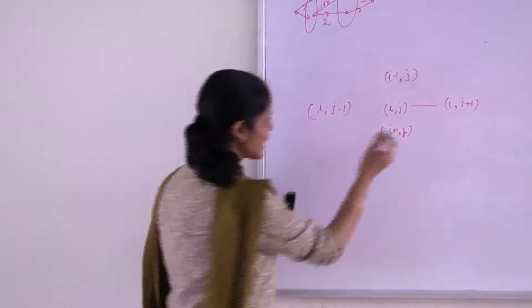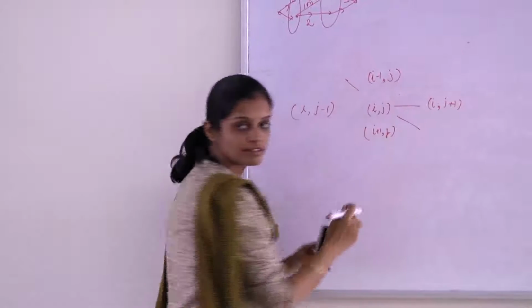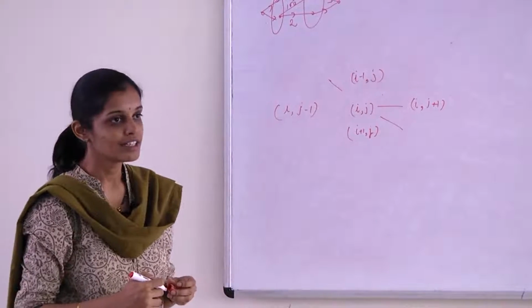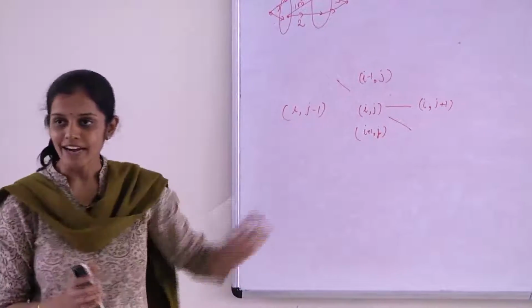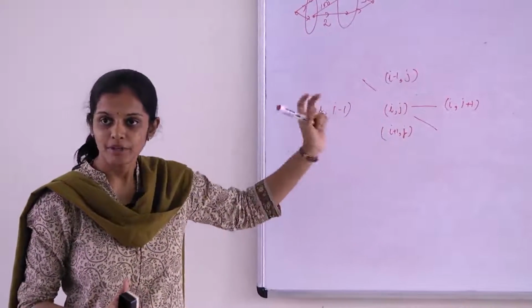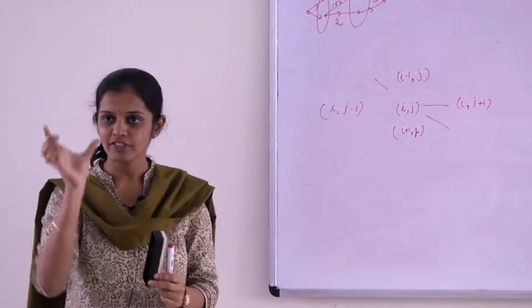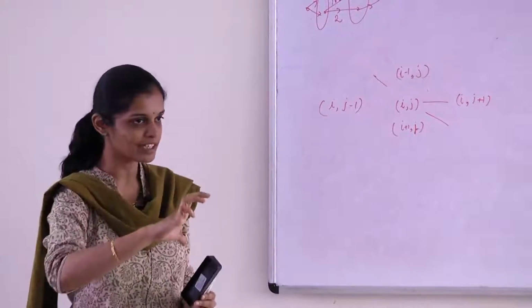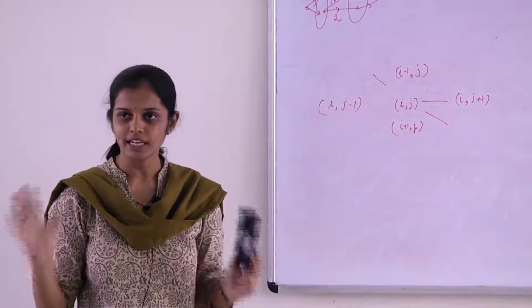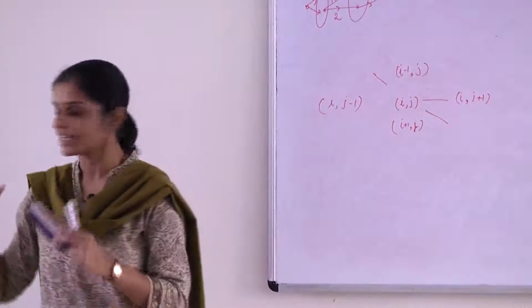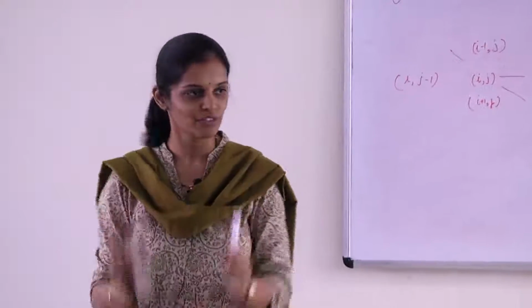So what about these diagonals? Will you call them adjacent? No, they cannot be connected. Good. So now why did you define this adjacency? Because I gave you a domino which actually fits only horizontally or vertically. If I had given you something which actually fits diagonally, maybe you would have defined an adjacency which is different. So good.